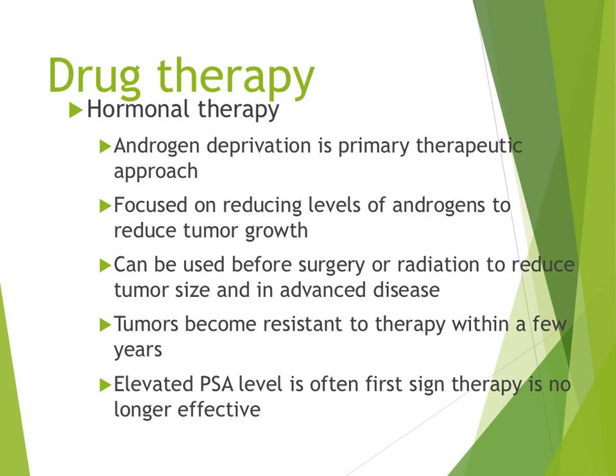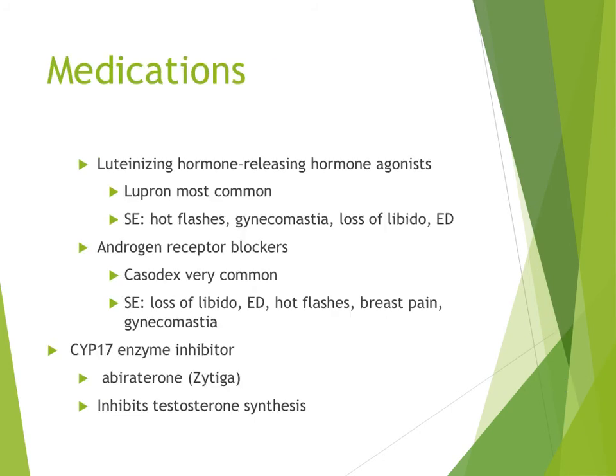One of the issues with this particular type of treatment is the tumors do become resistant to the therapy, and this is monitored by PSA levels. Okay, if you guys are on page 1319 and look at the drug therapy box on the bottom of this page, go ahead and get your highlighters, and we'll talk just about a few of the drugs on the bottom of this page. So what we call the LHRH agonist, the one that's popular is